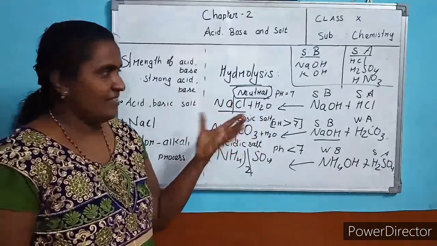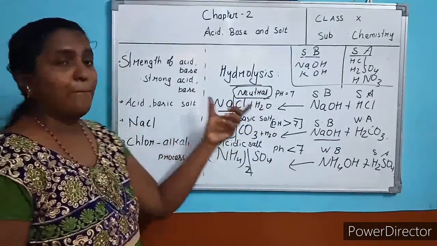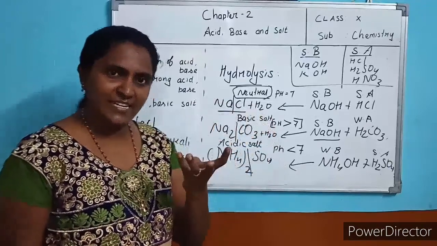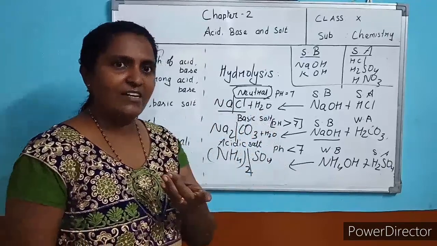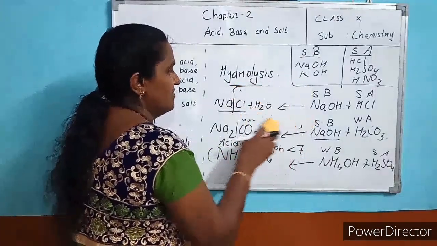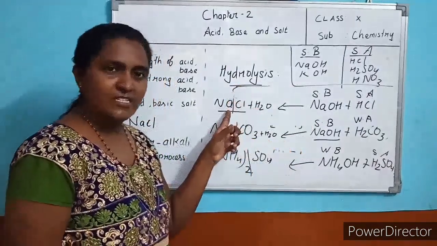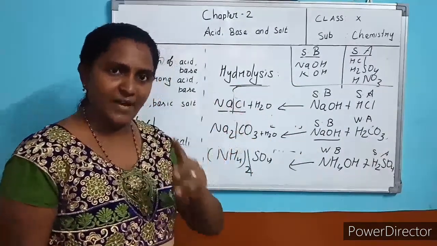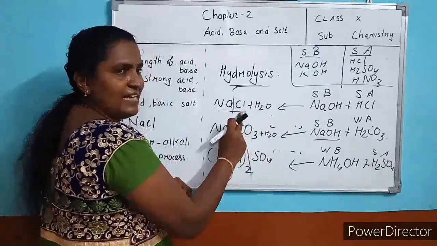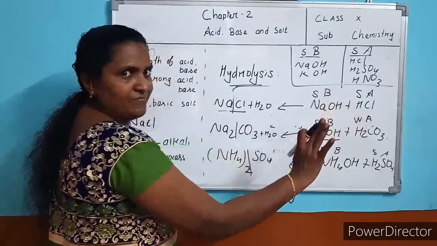Once again, today we are going to learn the type or nature of salt, whether the salt is acidic, basic or neutral. How do you know? The salt is formed from acid and base. The first one is base, OH and NaOH. This is acid, hydrogen added to this. Okay, OH and hydrogen added.